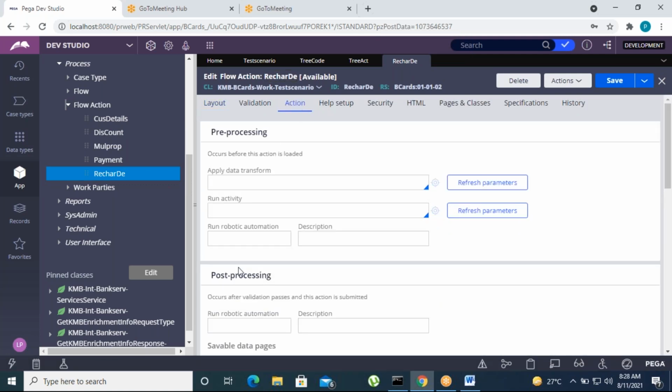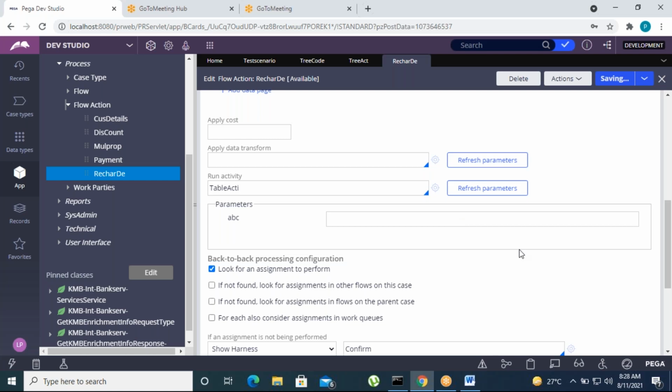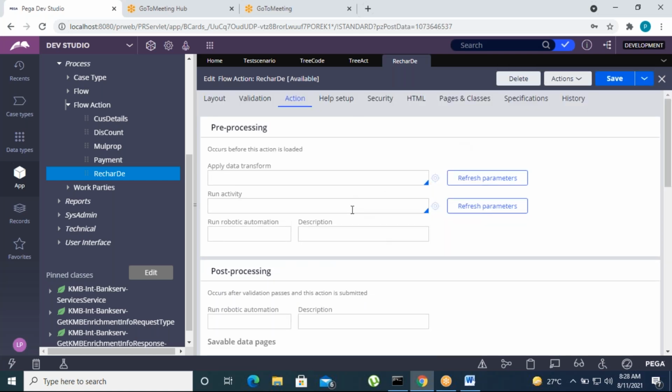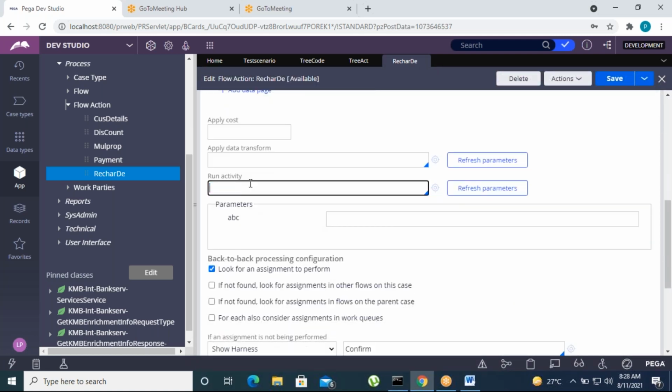Go to actions here under the post processing and then we can call the tree activity and then click on save. Sorry, not table activity, tree activity.